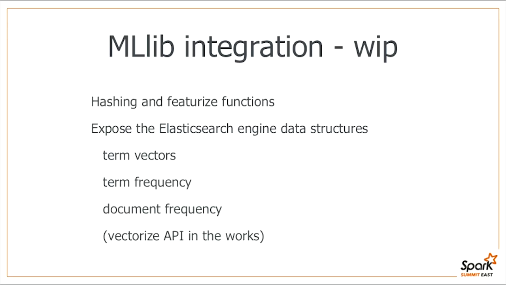What we have in the works is a Vectorize API, which basically is exposing the internals within the search engine, such as a term vector, so you can see, okay, how many times these particular terms occur within this document, within this query? How many times documents occur within my query? What's the term position? What's the term score? What's its offset? This is low-level information that's already available across your entire data set. And it's about exposing that typically through a sparse matrix, so you can just plug it in and make it available in Spark and start using it right away.